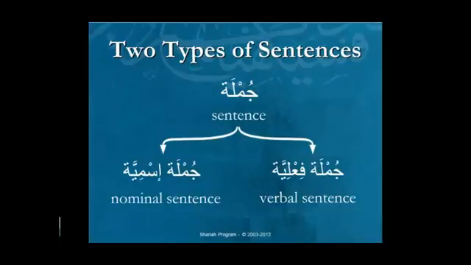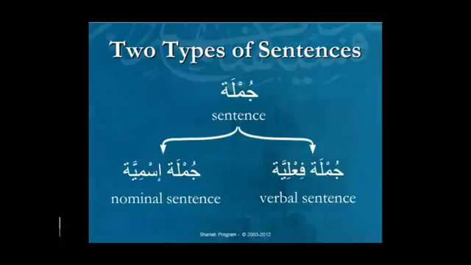So if you choose to speak a verb, first of all, you have a choice. You don't have to bring a verb. You can create a sentence without a verb, like those three examples I gave you a minute ago: Zayd is a human, Zayd is tall, and Zayd is in the house. In those three examples, I used the word "is," which technically is a verb, but in Arabic, if I were to speak that, there would be no "is." So basically those are verbless sentences.